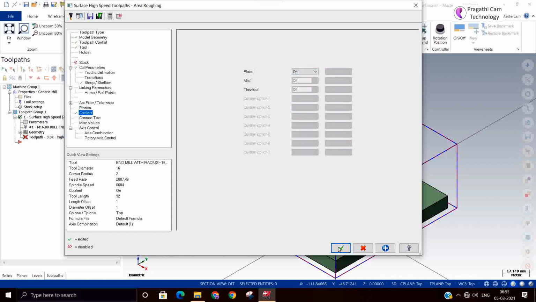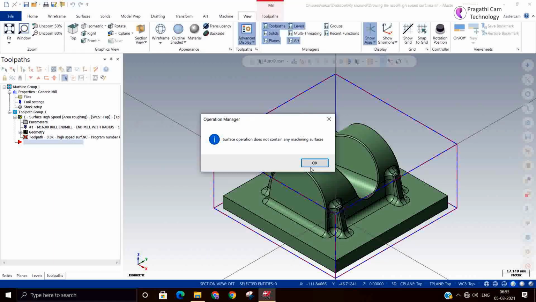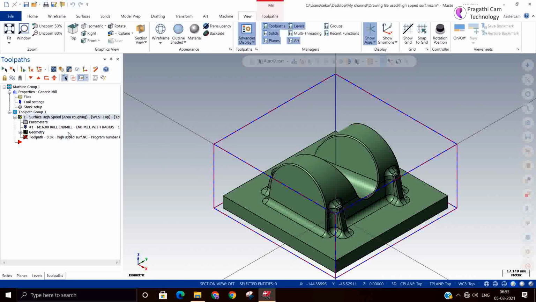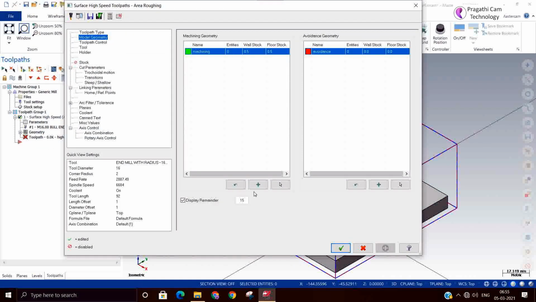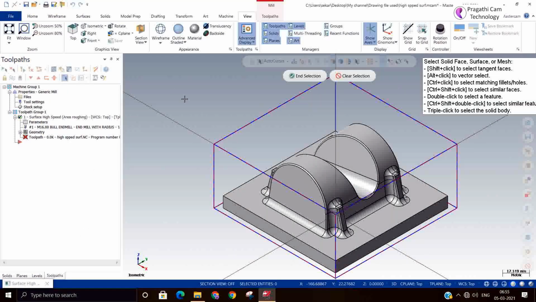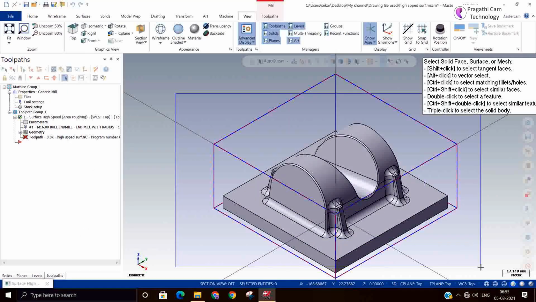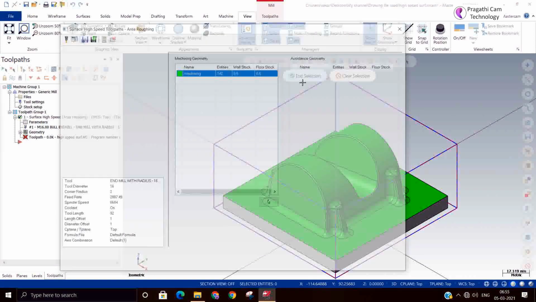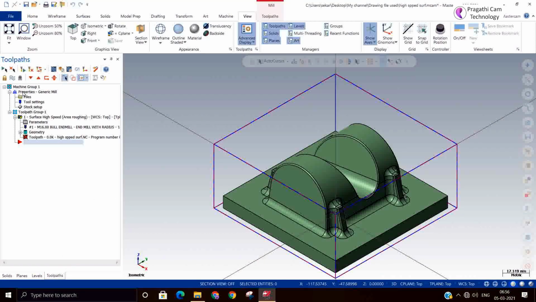Now you can see how this toolpath is generating. I think we have not selected the surface yet. I'll select these surfaces. These are the areas I need to machine. So regenerate.